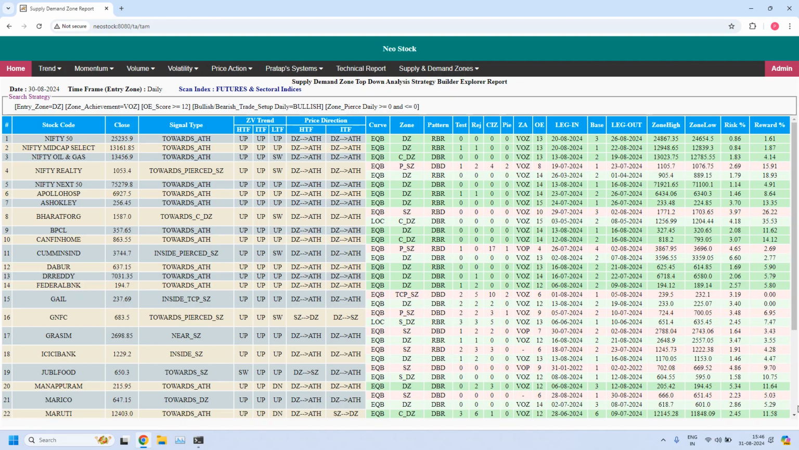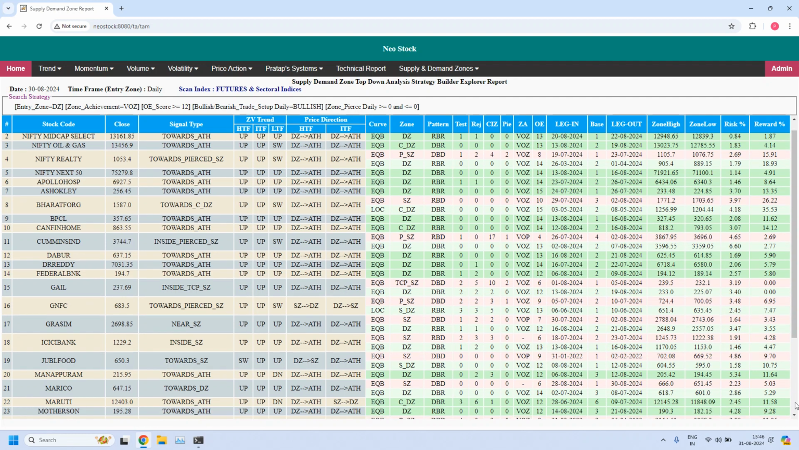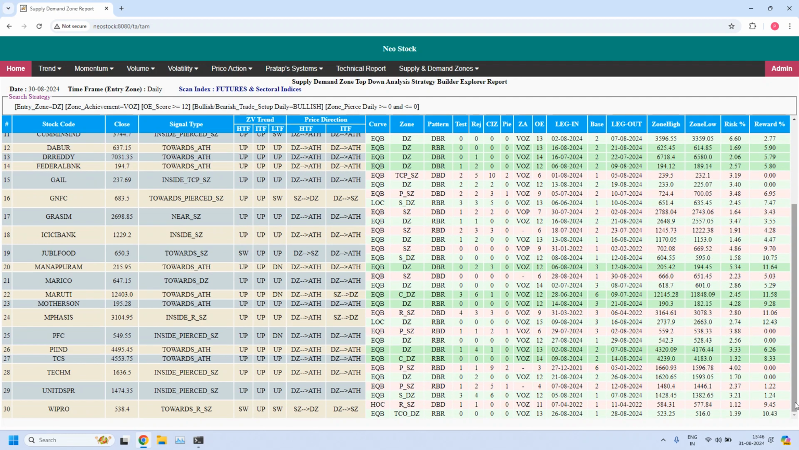What I do, let me scroll the list down. So total 30 stocks are filtered, and all these 30 stocks are supporting bullish trade setup for monthly income trade. Now let's look into the high probability setups. So let us add Zone Confluence. Let us verify out of these 30 how many stocks are having